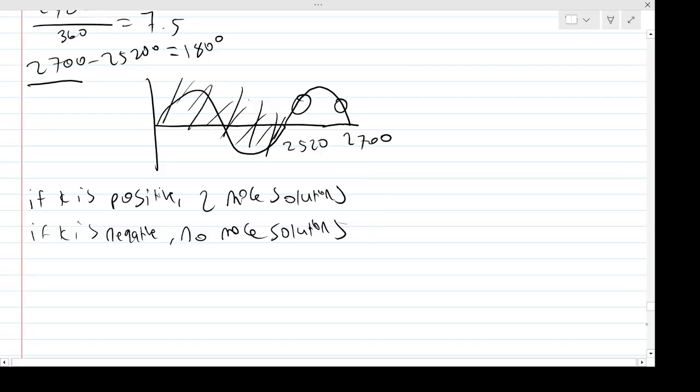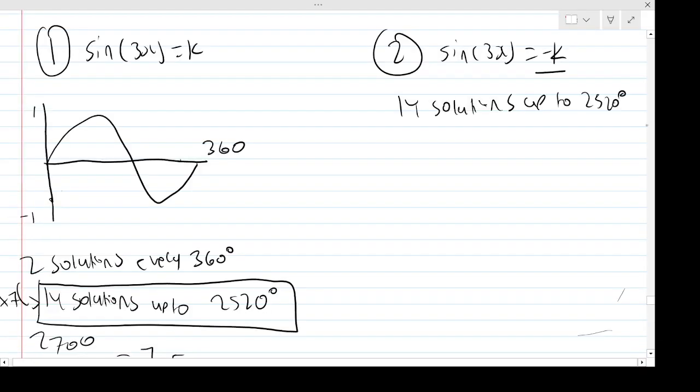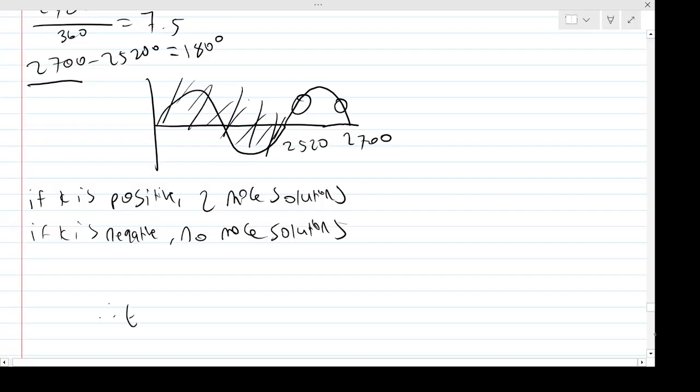So what we've got then is there are going to be 14 solutions at least in either case, right? So either case, so from both cases, or from both equations, right? So from both equations,